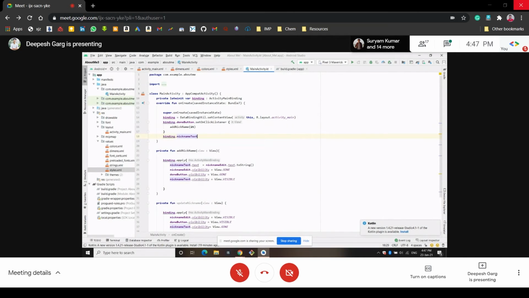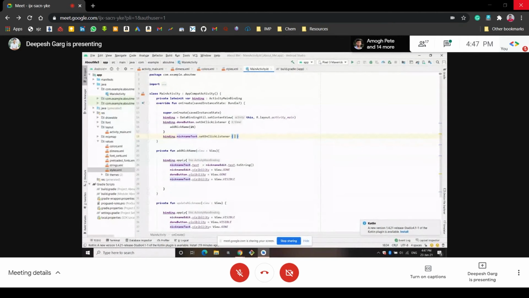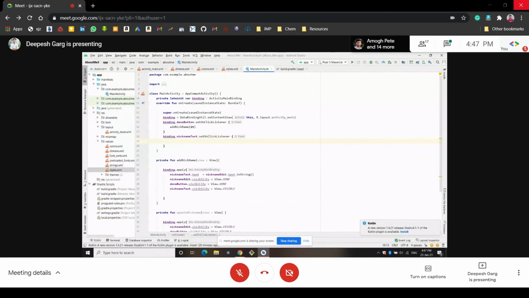We will access that nickname text view here, and again set on click listener. We want it to perform some function here. Now we will call the update nickname function here, and at this update nickname I will give the argument it.